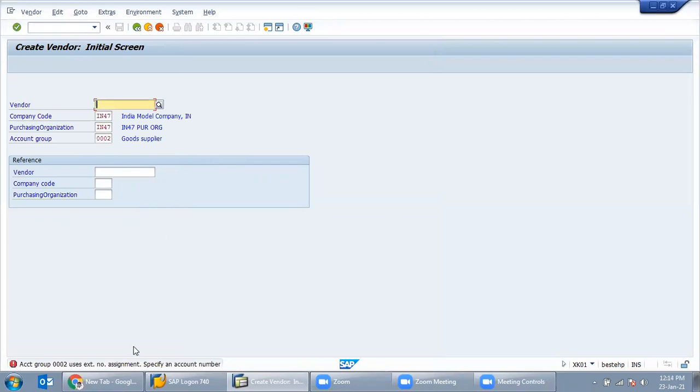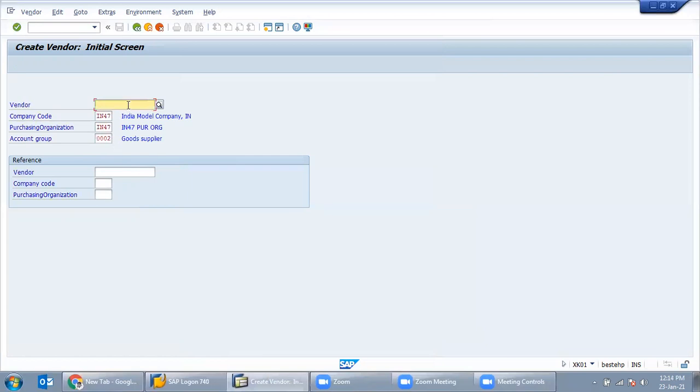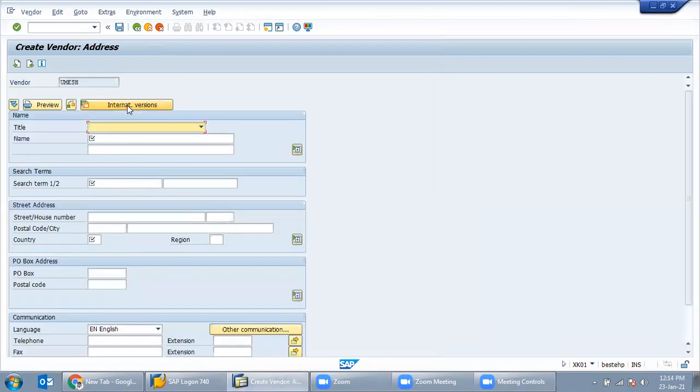Just enter. So here you see an error comes: account group 2 uses external number assignment, specify account number. So in this group we must have the vendor number. Vendor number, that means like Umesh. I have given Umesh. Just enter. So it takes Umesh. The vendor code is Umesh and the name is like